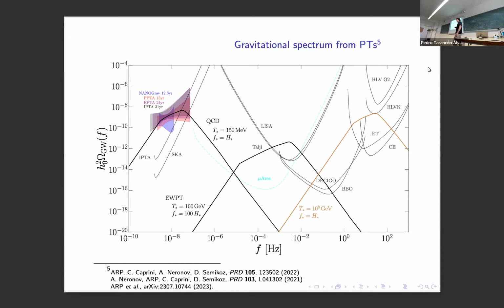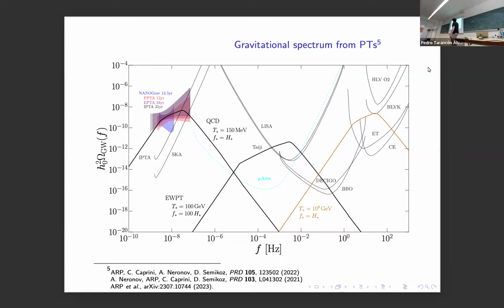Would you expect this signal given that QCD is a crossover? I will talk about that, because here I'm being quite agnostic about what this signal is coming from, and I will first be focusing on first order phase transitions. But around the QCD scale, what you could also have, which I will talk about towards the end, and what I find a potential source for this, is if you have an interaction between, for example, the QCD axion and electromagnetism, you can have an amplification of a magnetic field around this scale, which could lead to turbulence. That's also BSM, but you would not need the first order phase transition if you have such a